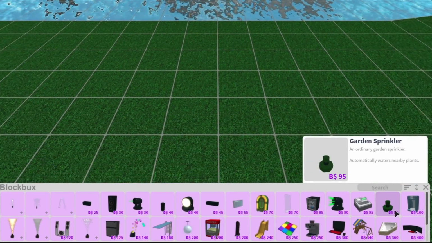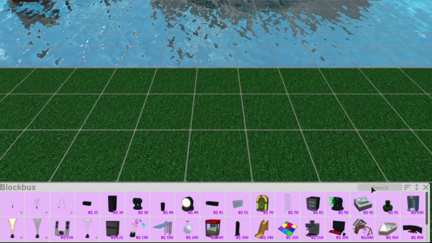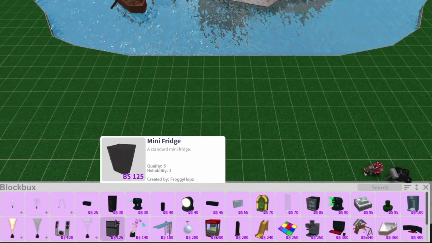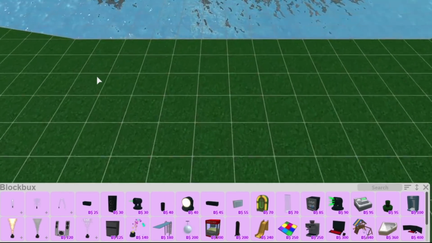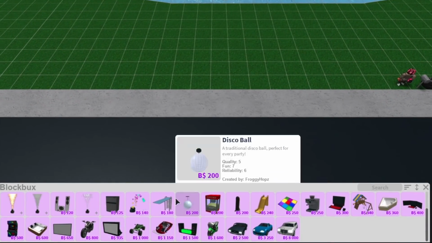For example, the garden sprinkler. Like if you want a flower garden, you shouldn't be forced to spend BLOCKBUX on having a sprinkler to be able to keep it alive. And then also the tiny fridge, like the mini fridge, we should have one mini fridge at least that isn't BLOCKBUX, but that's my opinion. And then the cars are overpriced, but I mean...